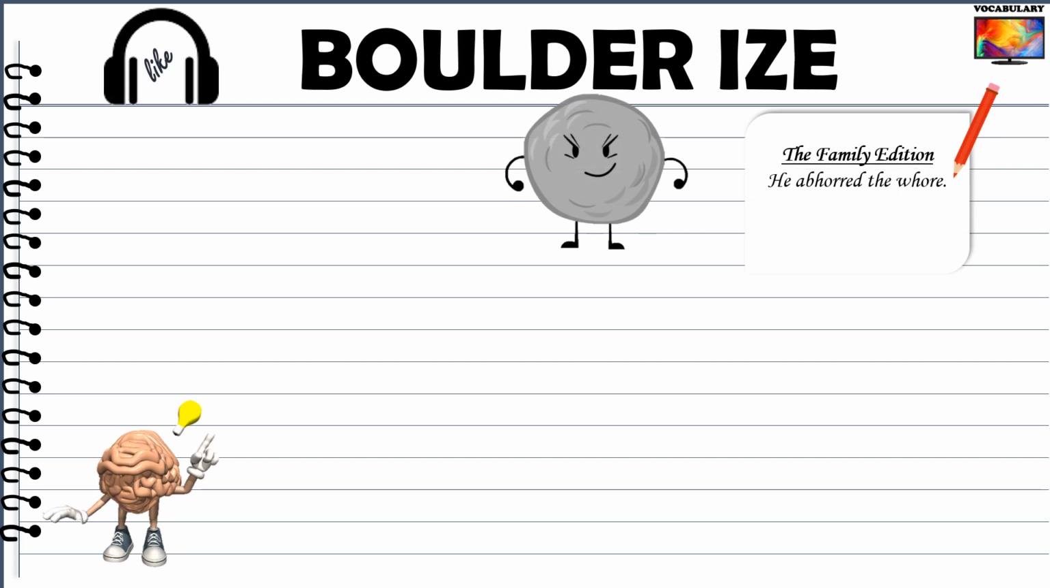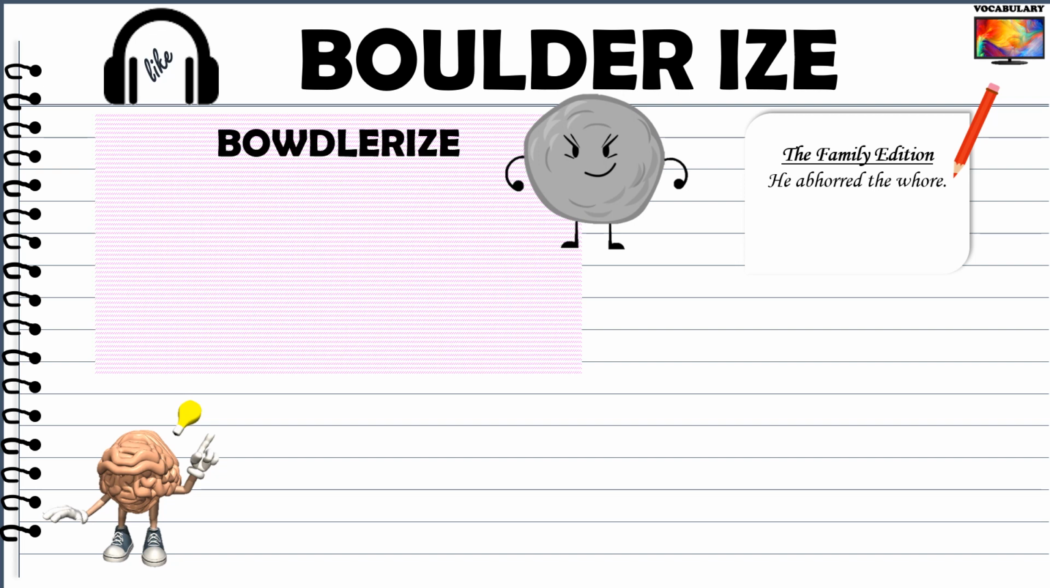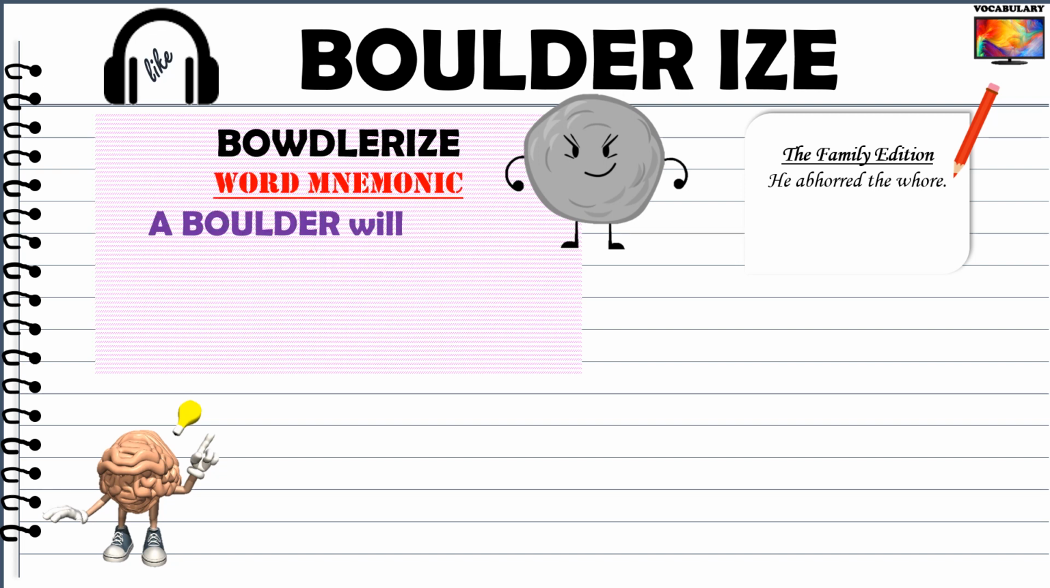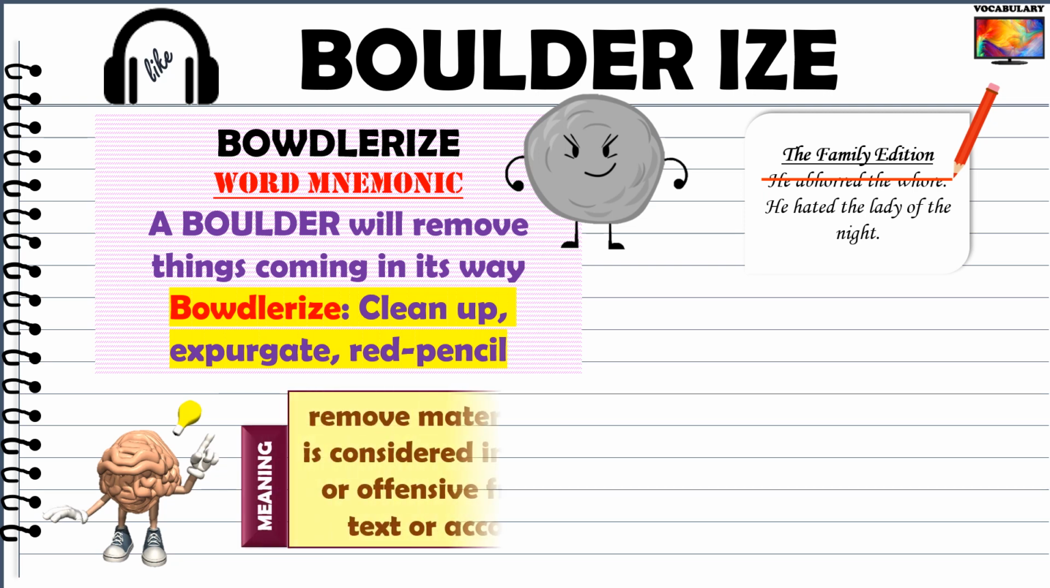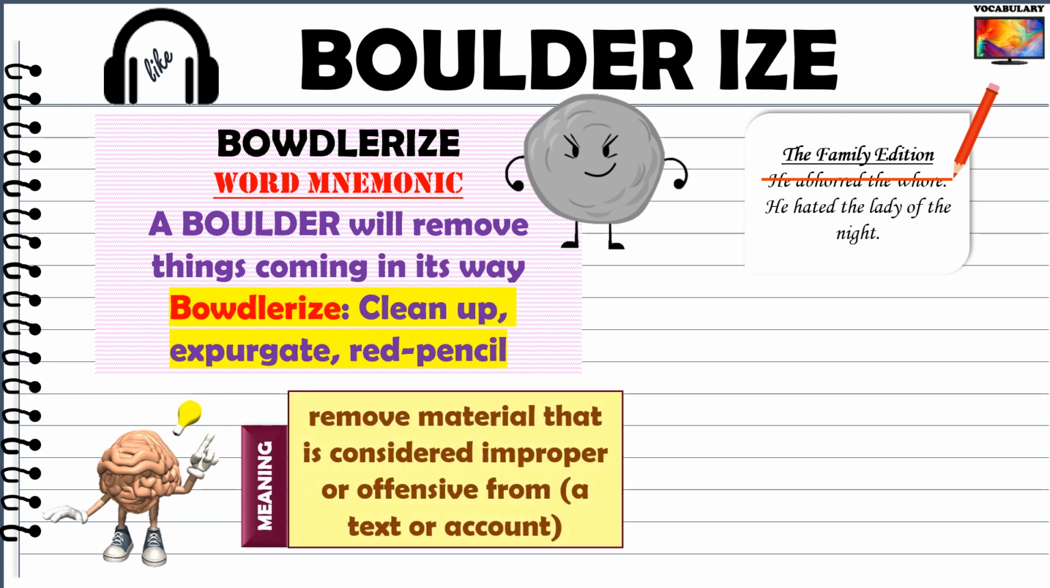It acts as a wonderful mnemonic. Another mnemonic could be how this word sounds. To me, it sounds like boulder, a huge rock. So imagine a boulder rolling down a road. It will remove things coming in its way, isn't it? So that can help you remember that bowdlerize means to remove material that is considered improper or offensive from a